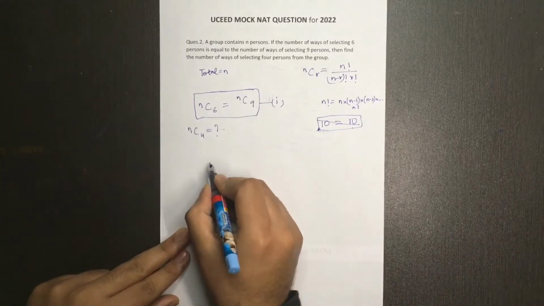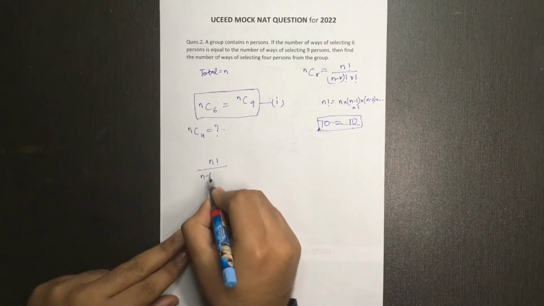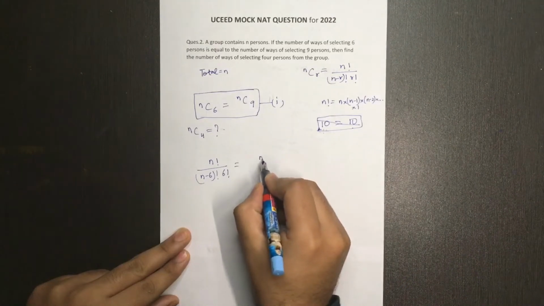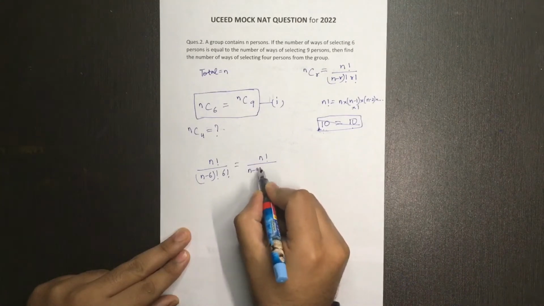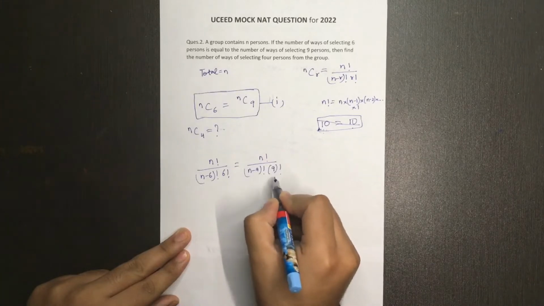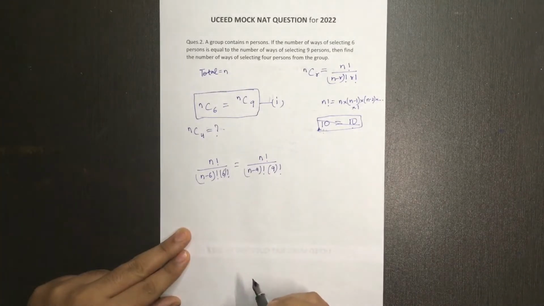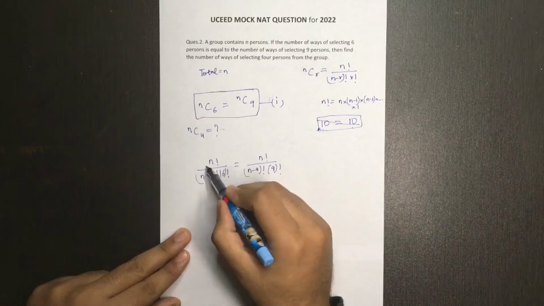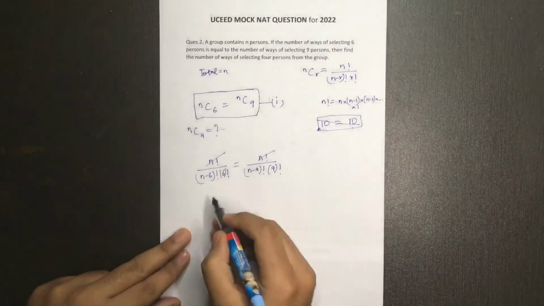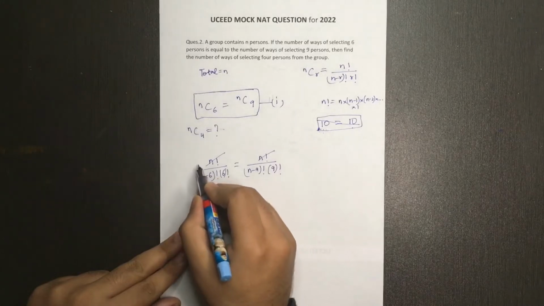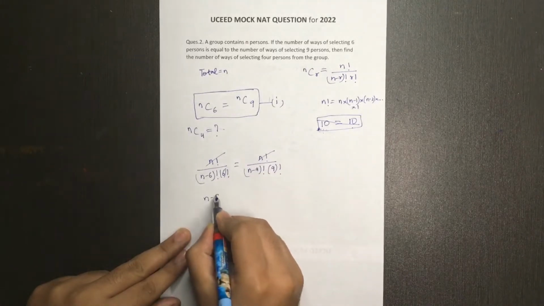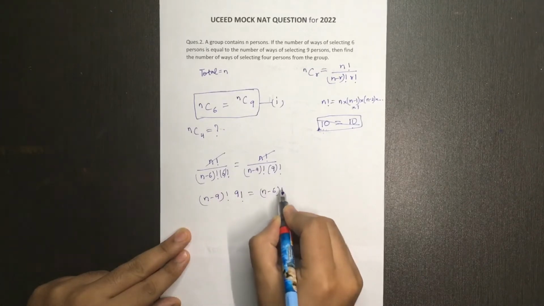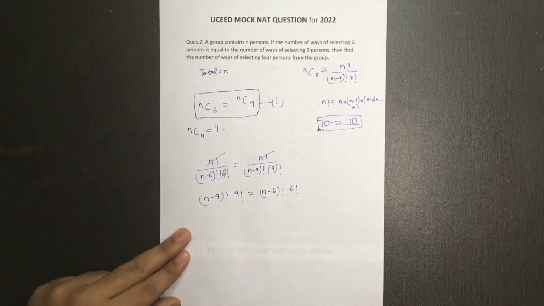Okay, so over here n factorial by (n minus 6) factorial into 6 factorial. According to the formula I have written, again n factorial divided by (n minus 9) factorial into 9 factorial, right? Just take it in brackets. Okay, now just start solving this. We have n factorial in both the numerators, so we can definitely cancel it out. One can go in division, and then we can just cross multiply because we'll have 1 in the numerator now. So (n minus 9) factorial into 9 factorial is equal to (n minus 6) factorial into 6 factorial, right guys?